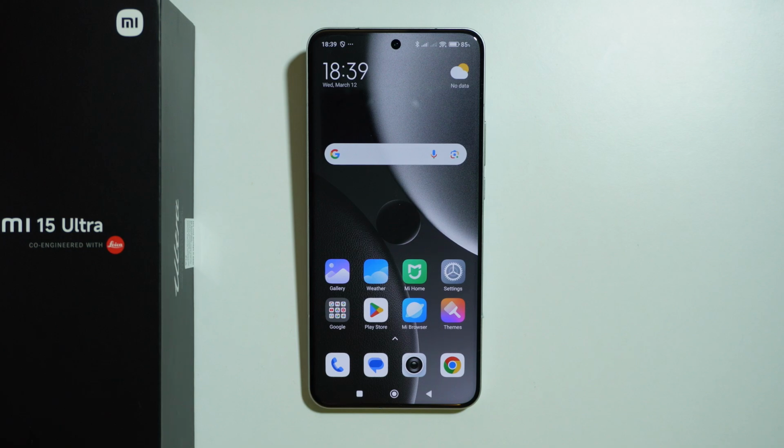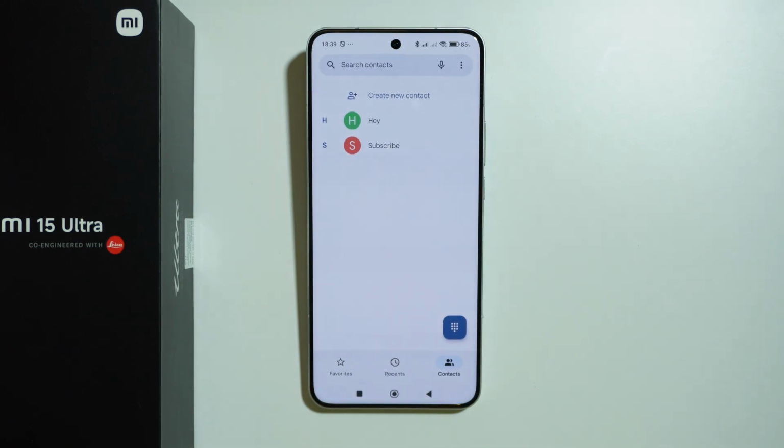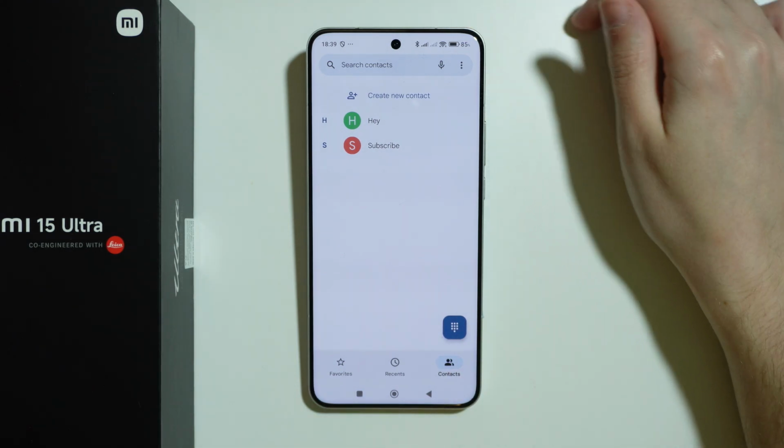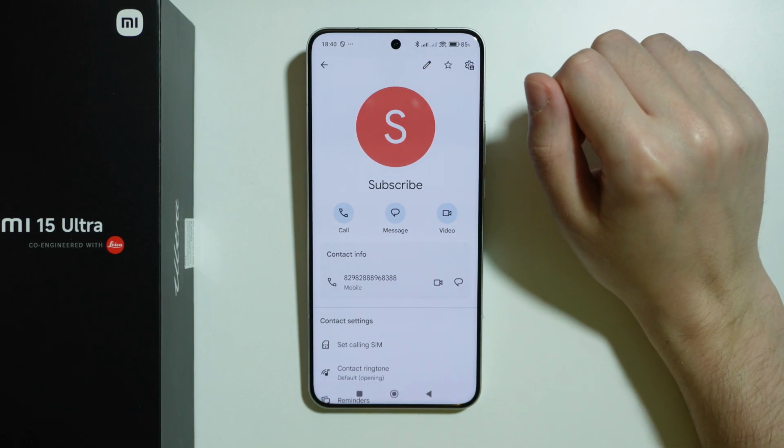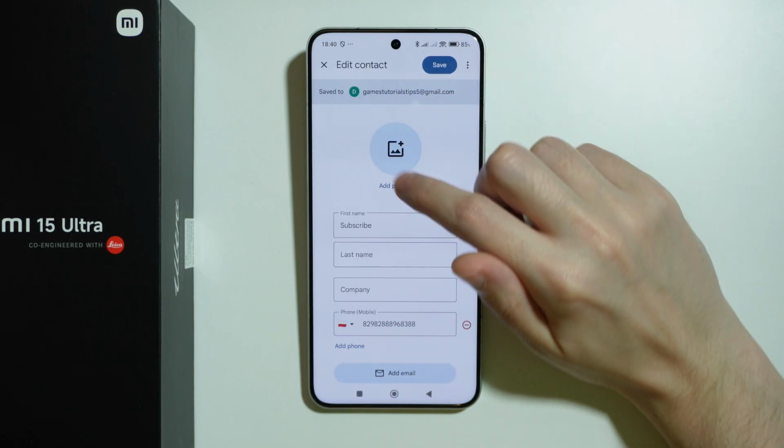If you want to add a photo to a contact on Xiaomi 15 Ultra, first we need to go to the phone app. Of course, we want to go to contacts in the bottom right corner, and then you want to select the contact for which you want to add a photo. There we go. Now tap on this pen icon in the top right corner,